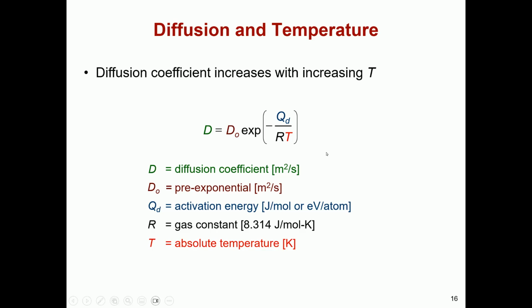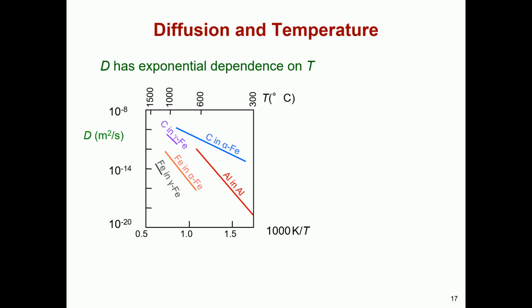This equation is also similar to the one we showed for the vacancy concentration. The difference is simply in the unit. The key point is that the diffusion coefficient varies exponentially with temperature. A small temperature change can dramatically affect the diffusion rate. This graph demonstrates the exponential temperature dependence of D. Plotting the logarithm of D versus inverse temperature yields a straight line, making it easy to extract the activation energy